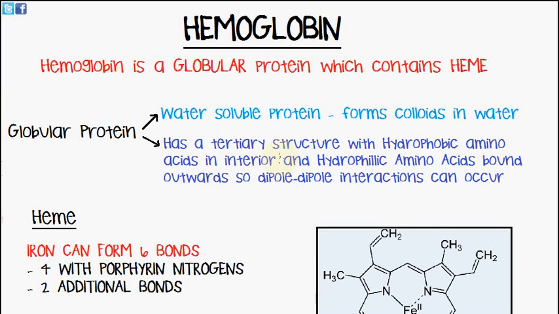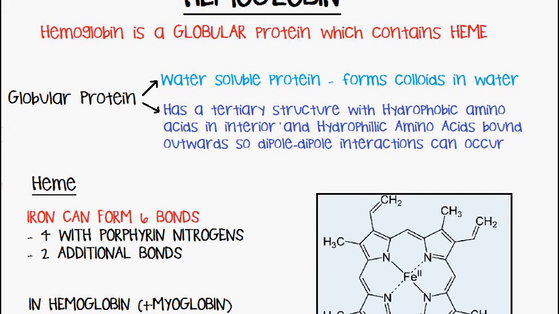In today's video, we're going to be discussing hemoglobin. As some of you may or may not already know, hemoglobin is a globular protein which contains heme as a prosthetic group. So, what is a globular protein? Well, it's a water-soluble protein which forms colloids in water, and that means it's able to disperse or spread across